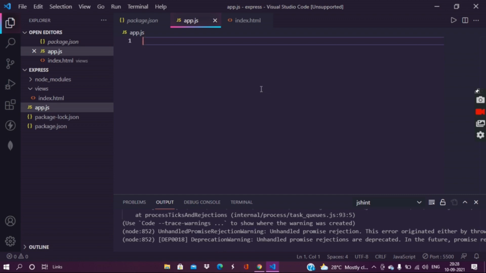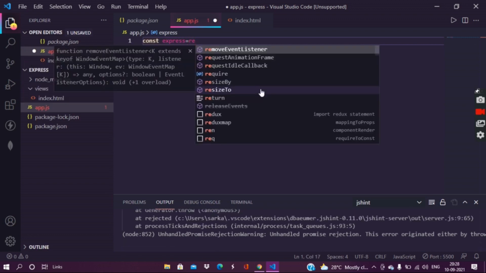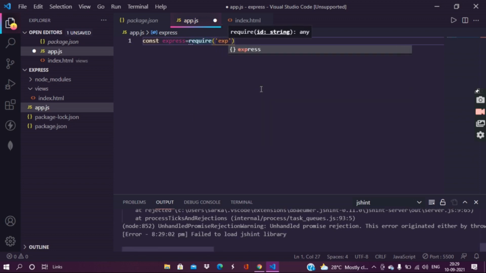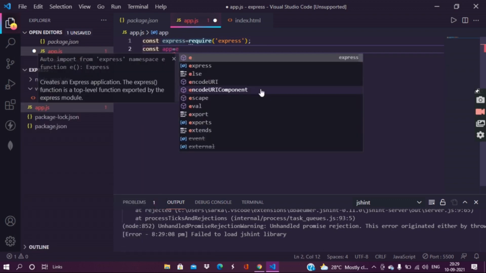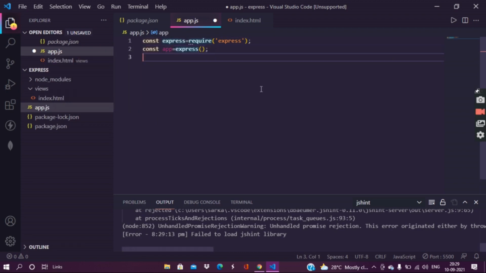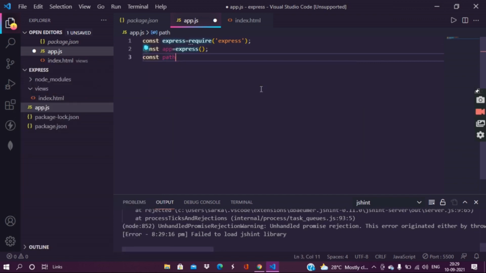At first, connect the Express app. Once Express is installed, you need to give require Express, and then app equals Express, and then also make path